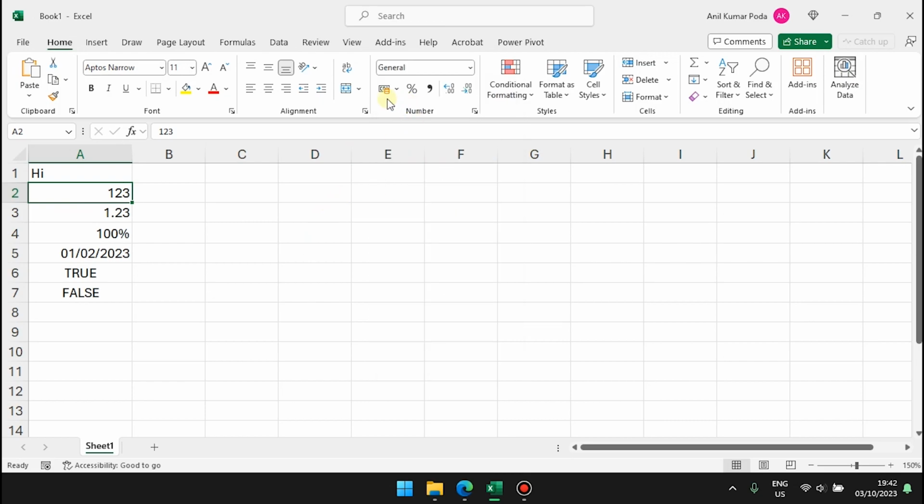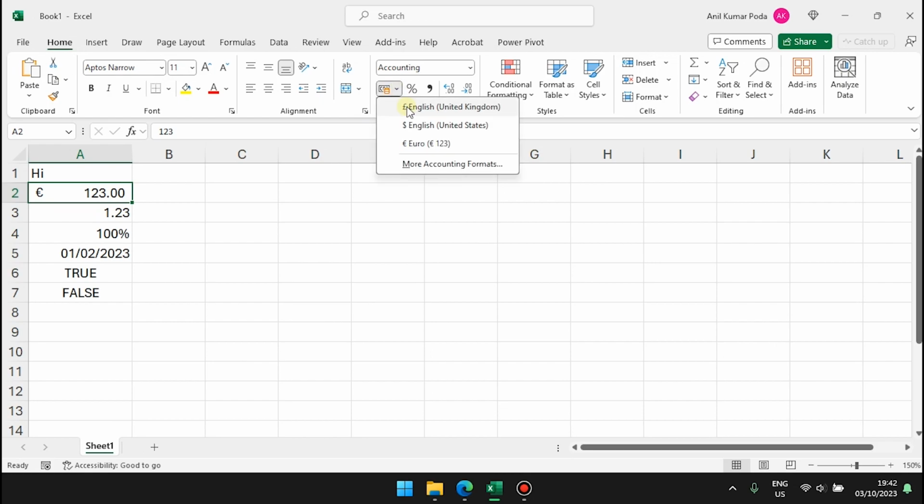Now we have a few other options available here. One is accounting related. When you click on this one, it assigns a currency symbol or accounting symbol to this particular cell. Also, you can see it has added two decimals by default. If you want to change that symbol, you can select United States and it converts pounds into dollars. And we have euros available here.